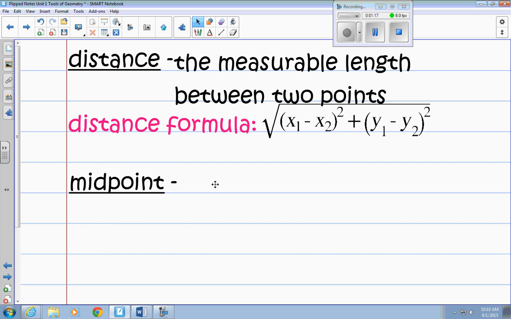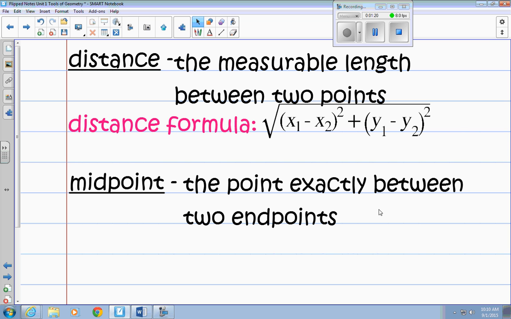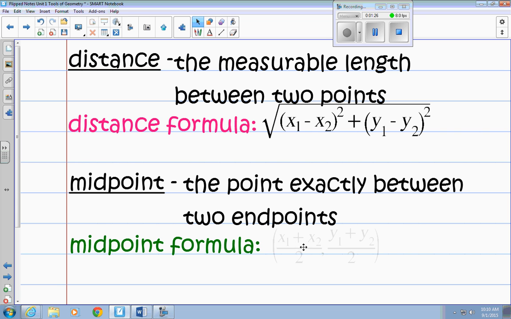The midpoint is, again, exactly what it sounds like. It's the point that's exactly between two endpoints. So the way I like to think about this formula is it's an average of the 2 points. So if you think about calculating average as finding the middle ground, that's what we're doing here. We're adding up our two x coordinates and dividing by 2. So adding and then dividing by the number of points we have, and we're adding up our y coordinates and dividing by 2. So the midpoint formula will give us the point that is exactly